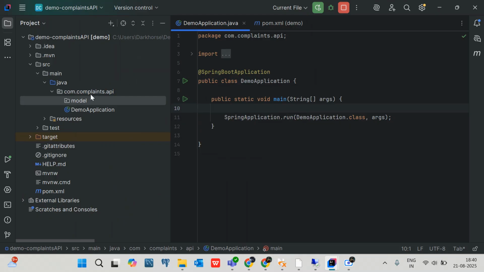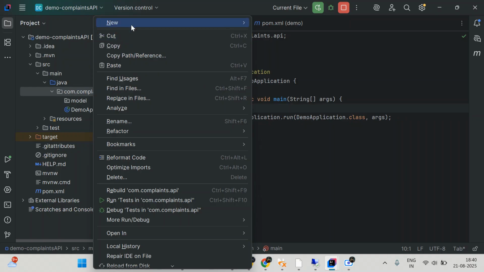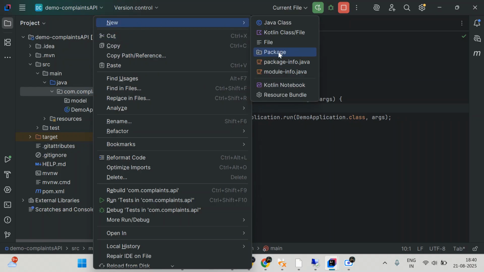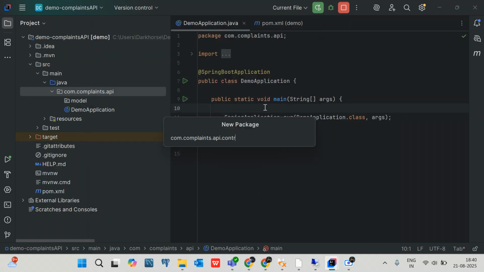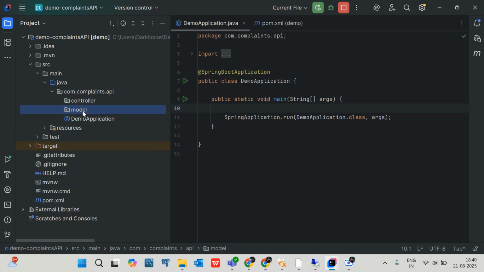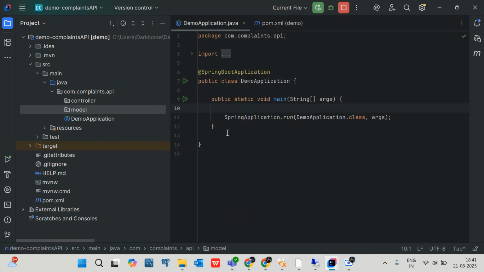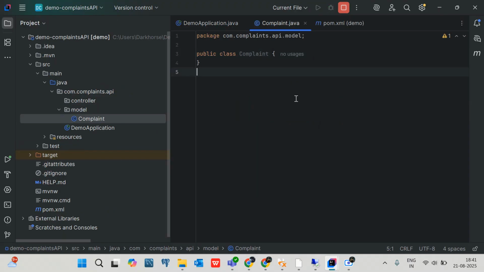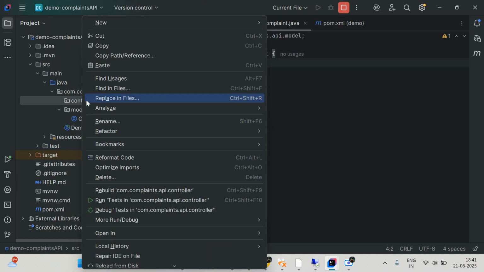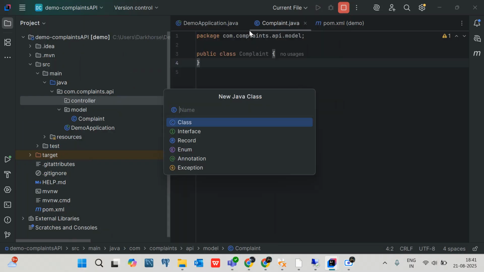So in this model, we will be defining our complaint structure. And also, we'll create another new package that will be controller, from where we will control our APIs. So in this model, we will be creating a new Java class that will be named complaint. Okay, so we have created a Java class complaint, and in controller we will create a new class that will be